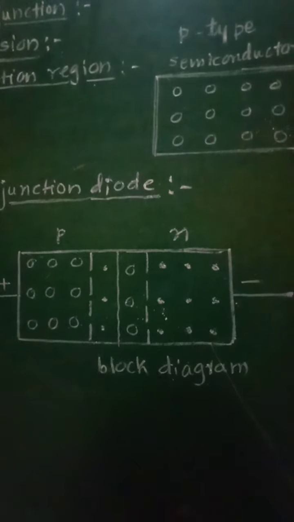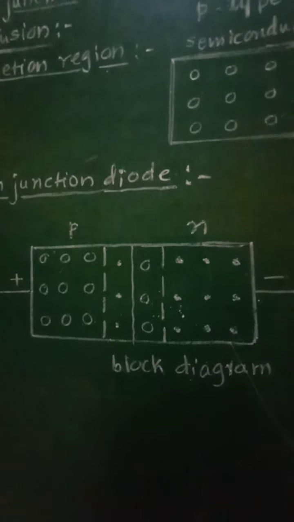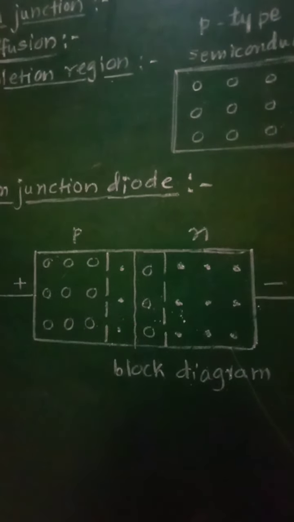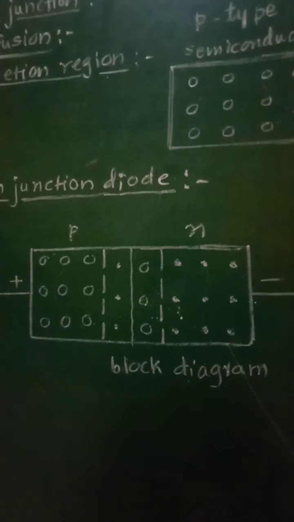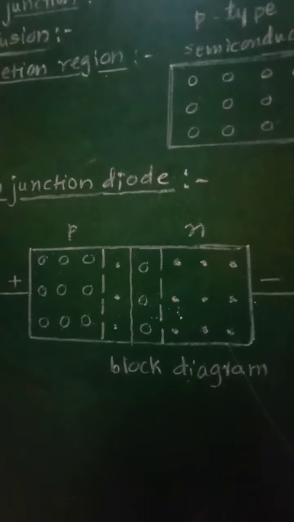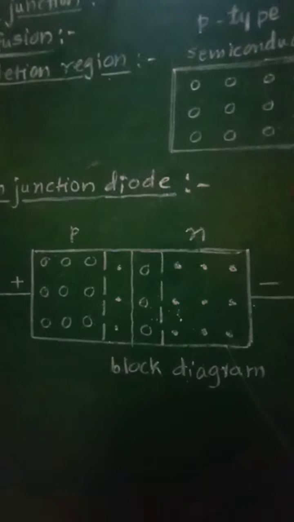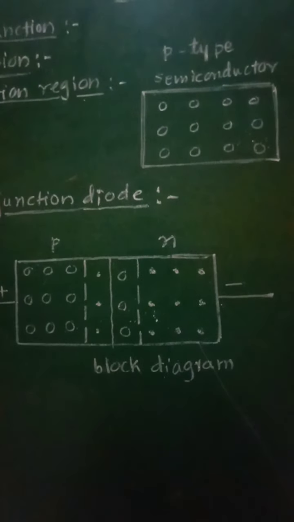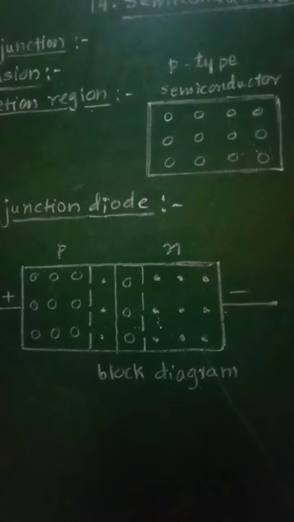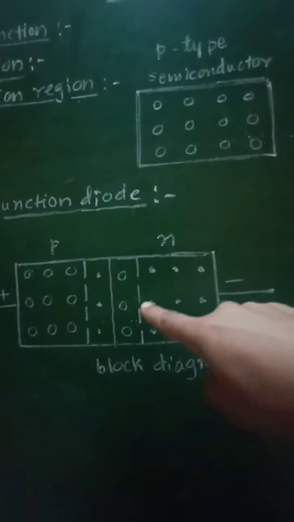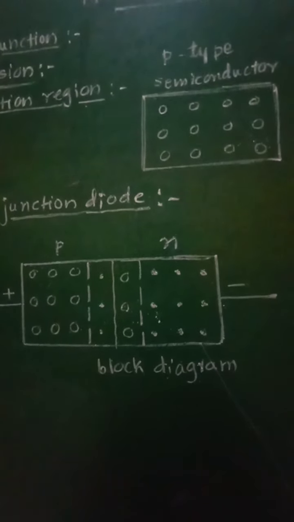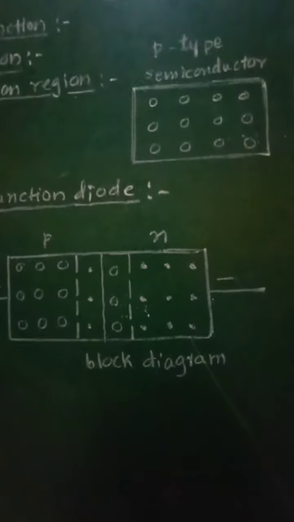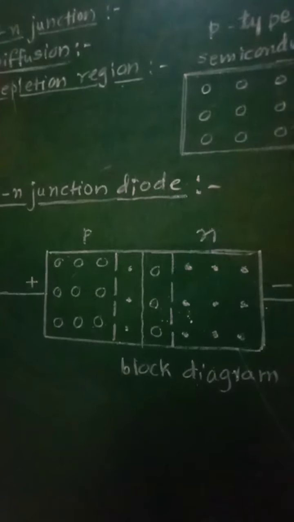When the diode is connected across the battery, the carriers gain additional energy to cross the barrier. So as soon as such a PN junction diode is connected to any source of EMF like a battery, some energy will be gained by these charge carriers, and so with increasing energy they will try to overcome this barrier potential between P region and N region.